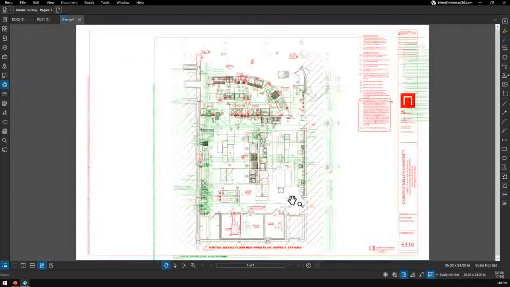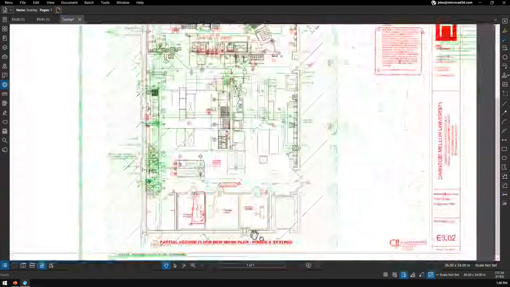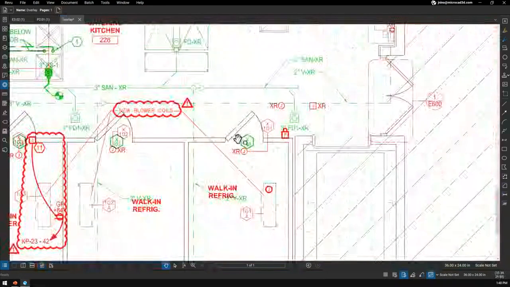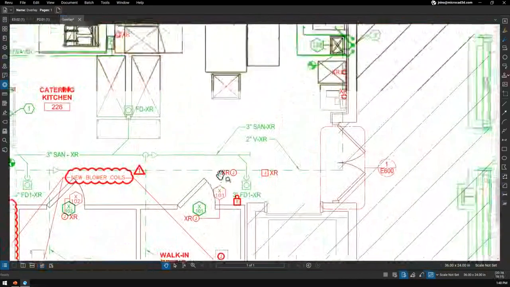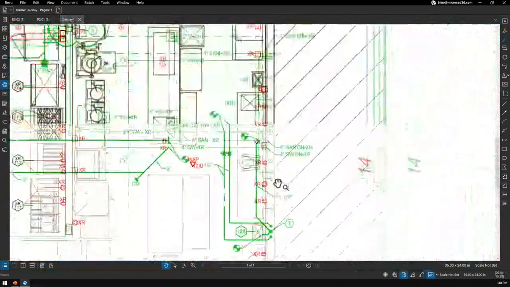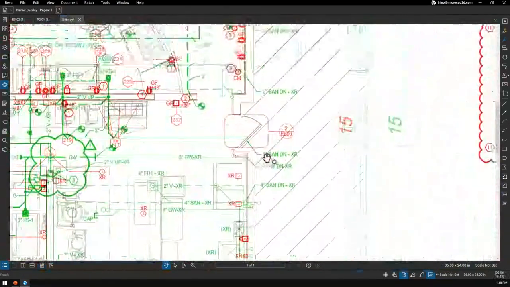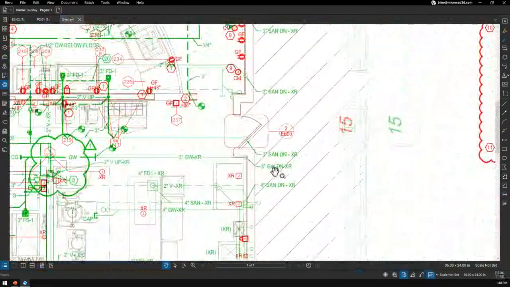And now you can see on dark and kind of like gray, we are going to find the elements that didn't change, right? And on red, we are going to find one discipline, and on green, we are going to find the other one. So right here is going to be pretty cool because now I'm going to have my architectural on the background, right, with any changes, but I can see what my disciplines are doing. So right here, I can see some coordination aspects or elements that I need to take care of in my